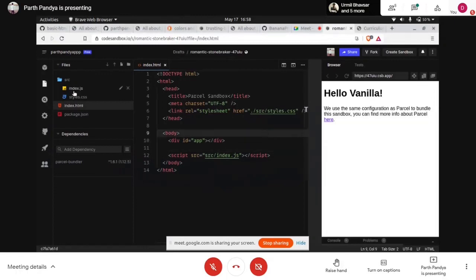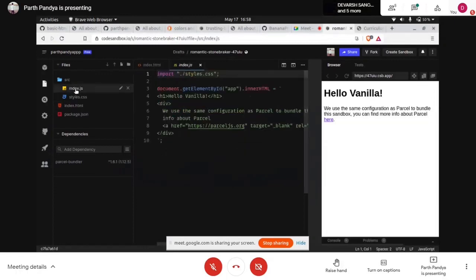So let's move to this index.js file. Here what we are doing is importing this CSS file, which is in the same folder. We have just put this dot, which means the current directory. In this current directory we have this style.css file, and this document is from the document object model.